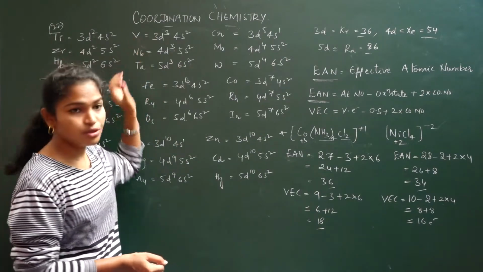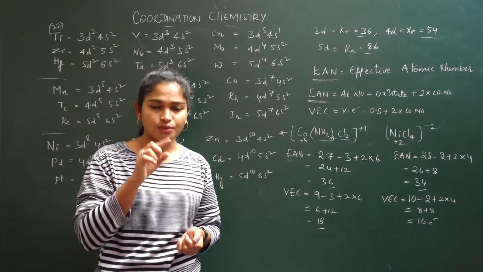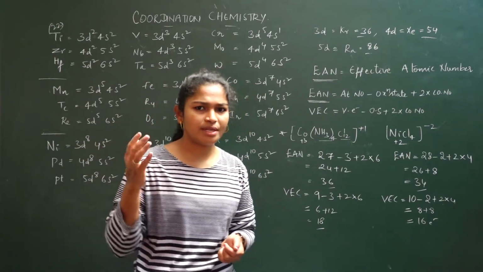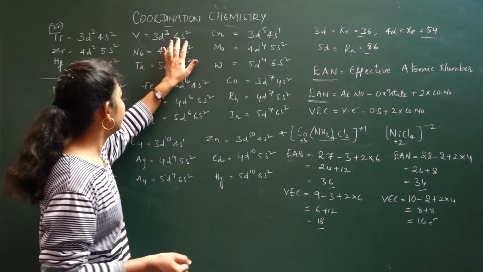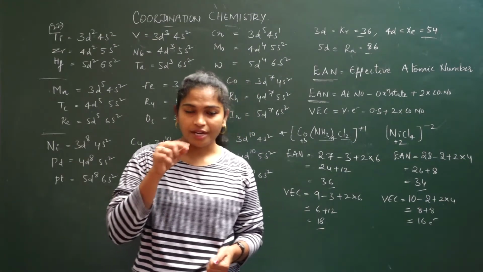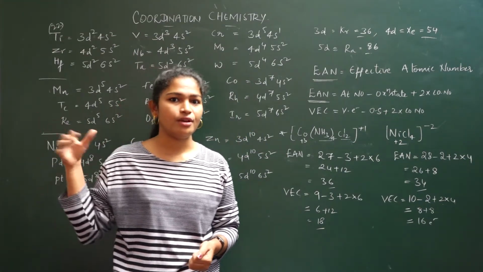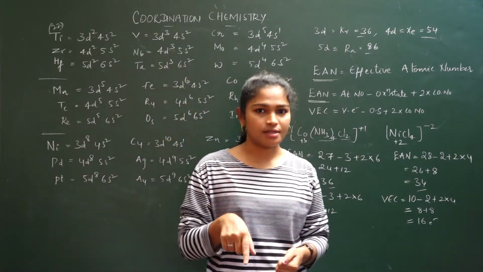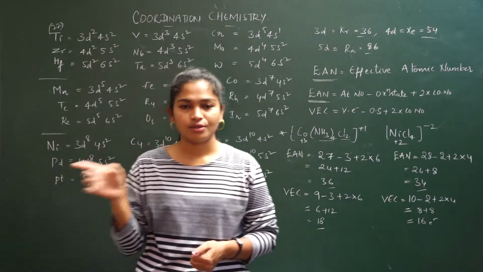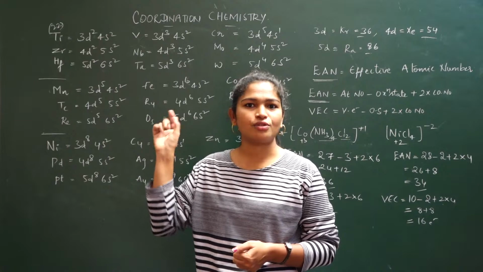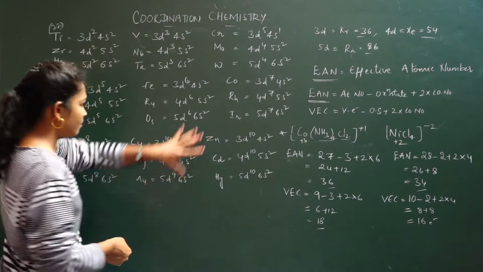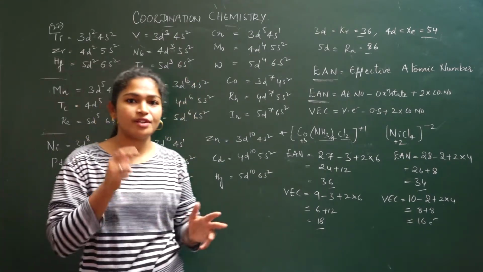See, vanadium is 23. 23 means 3 electrons will be in D, and the 4S2 will be common for all. 3D3 4S2. Suppose manganese is there. Manganese is 25. That means 5 electrons will be D5. So 3D5 4S2. Suppose iron is there. Iron is 26. So 6 electrons will be in D. 3D6 4S2. So while saying the valence electrons, you have to say 6 plus 2, 8. 3D6 4S2. So 8 electrons will be valence electrons. If you remember this one, it is very easy for you to calculate the field strengths.